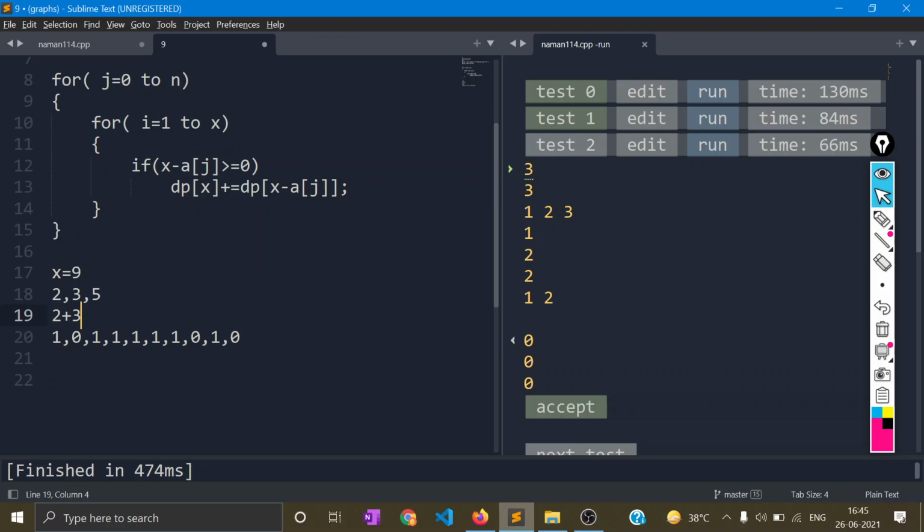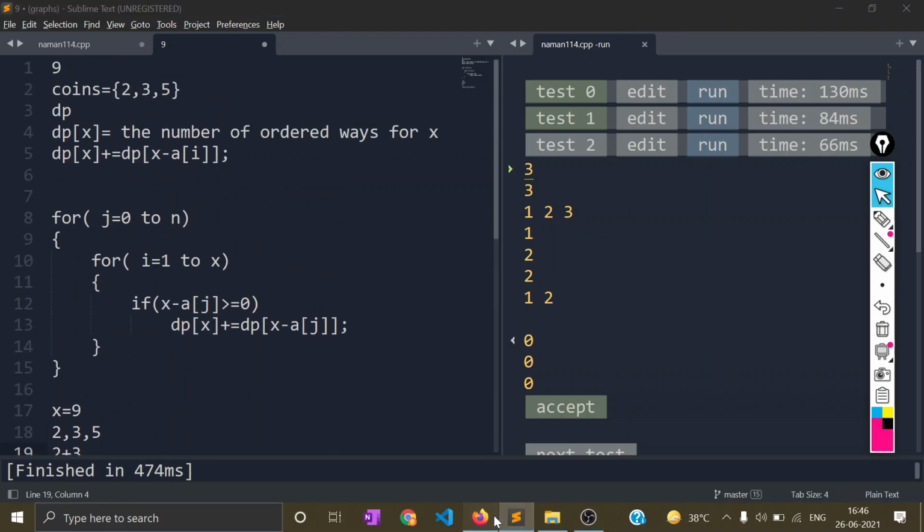Let's iterate to 5 now. I know that 6 would be like 2, and 9 would also have 1 only, right? And when I jump to 5, then our fifth would be from 1 to 2, because 5 minus 5 is 0. So dp0 plus dpx. So dpx was currently 1, 1 plus 1 is 2. So there are now only two ways to consider, 2 plus 3 and 5. There is no 3 plus 2 rule now, because we are not considering 3 again now. Neither 2. Right? So I hope the solution to this is clear to you. Let's get into the code.